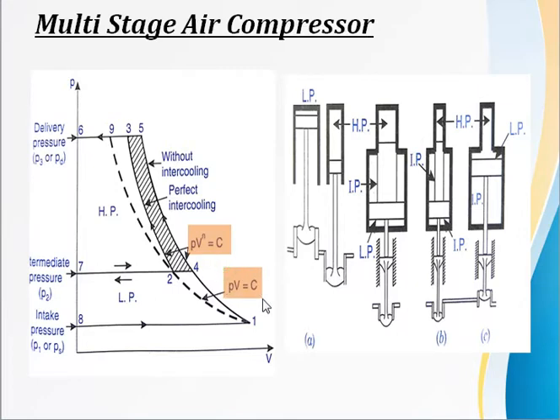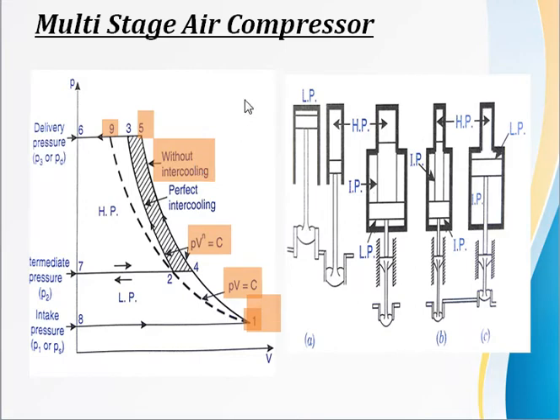Here the process is PV raised to constant, that is 1. That is the ideal process. So this dotted process should be the ideal process, 1 to 9. Our aim is to achieve 1 to 9. I told you PV raised to 1 is equal to constant means isothermal process, the best process. Now here what we are doing, instead of compressing from 1 to 5 directly, that is without intercooling, that process is consuming more amount of work done. And which is that process? That is the adiabatic process.